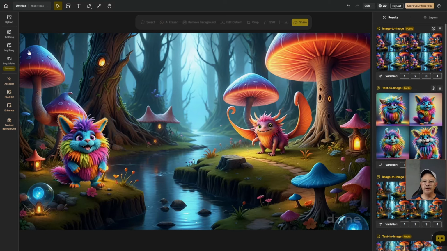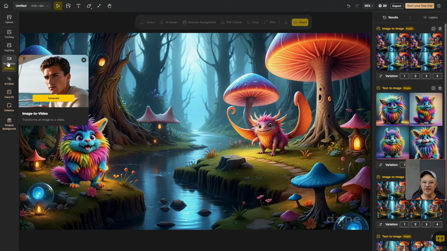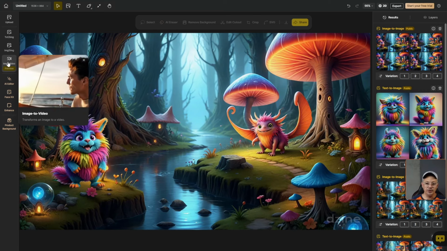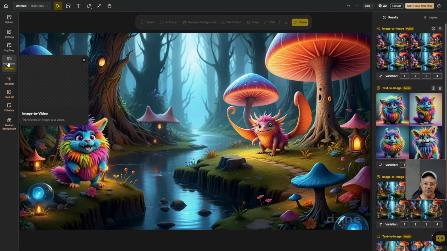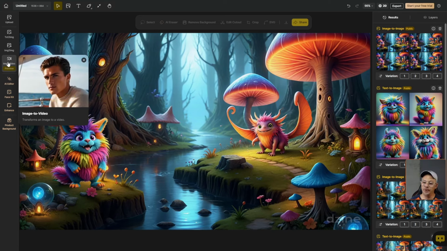Over on the left are some other tools, which include an image to video, which is apparently just a preview at this point, but if the actual product turns out as well as what we're seeing in this preview, that should be pretty good. I wouldn't count on it, but it looks good. If you click that right now, you'll be taken to a form to get on a wait list for that